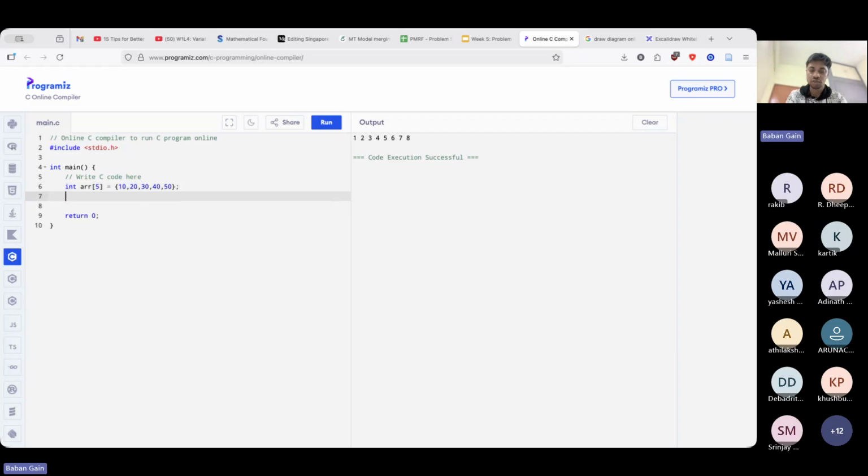So let's say I want to search 20. So what will I do? For int i equal to 0, i less than 5, i plus plus, if array of i is equal to the number I am searching, so let's say 20, then